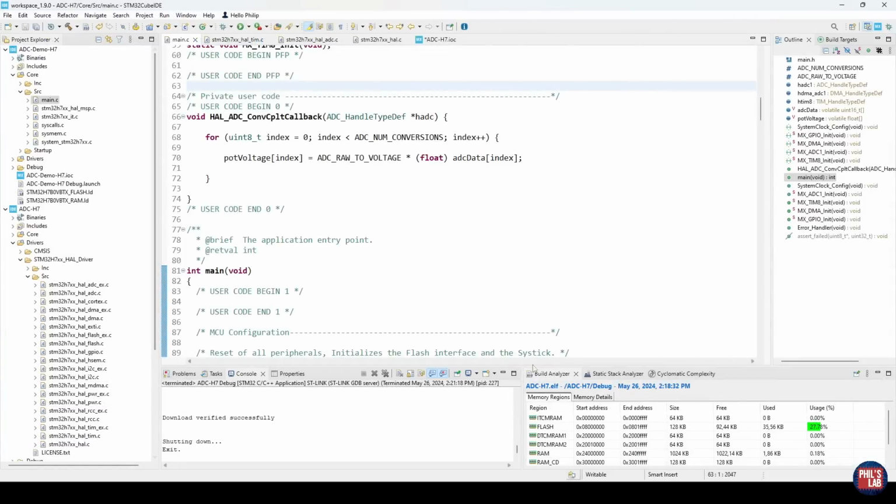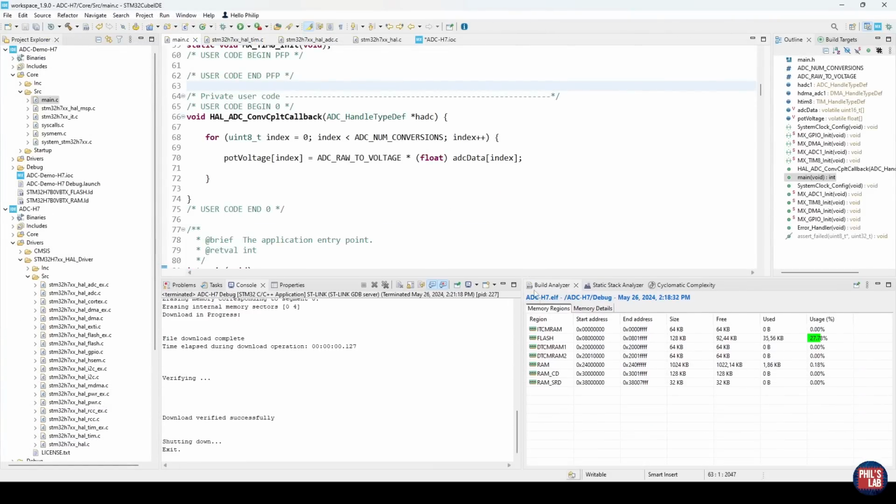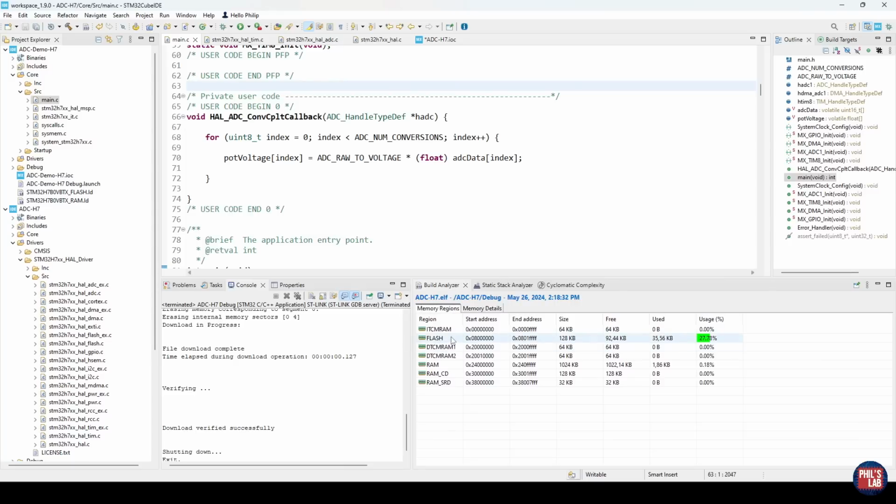To see that, after we, for example, compile, we can go back to main.c and we have this memory regions analyzer, which is very useful. And we can see we have flash, we have various tightly coupled memories, RAM, RAM-CD, RAM-SRD. By default, all of our RAM variables are placed in the default RAM location, but we can also place them in these other locations using, for example, RAM-CD or RAM-SRD, and we can see the sizes here as well as the start addresses of those